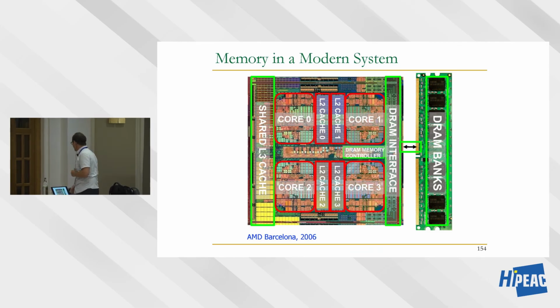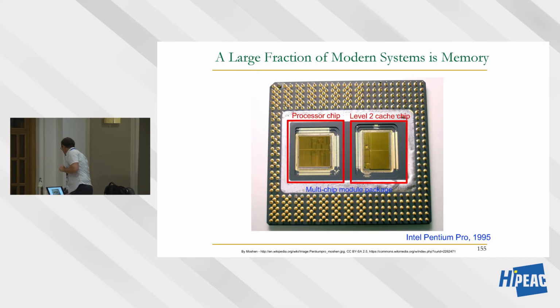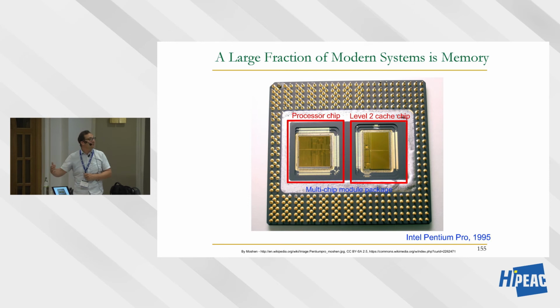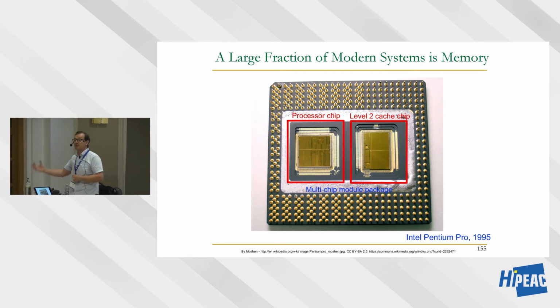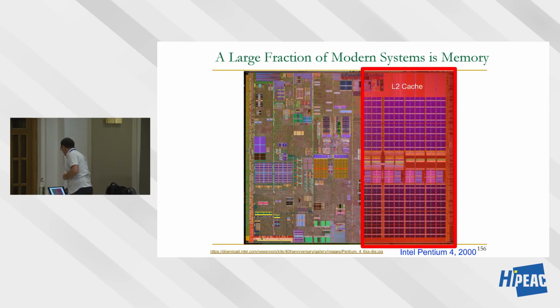Okay, so a memory in a modern system, clearly this is, now let's take a look at real examples. This is AMD Barcelona from 2006. Cores are actually a bigger part, but there's still a lot of memory over here, memory hierarchy, as you can see. This is even earlier, Intel Pentium Pro, where L2 caches were off chip. It's good to think about history a little bit. A lot of things got integrated on chip. So this was the processor chip. Moore's law and integration of technologies enabled more memory hierarchy to come on chip, because it was important to do so. This is Pentium 4, where a good fraction of the chip is the L2 cache.